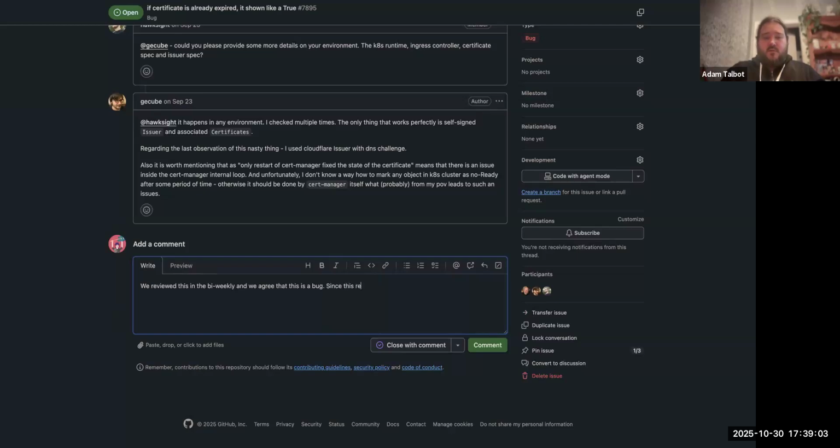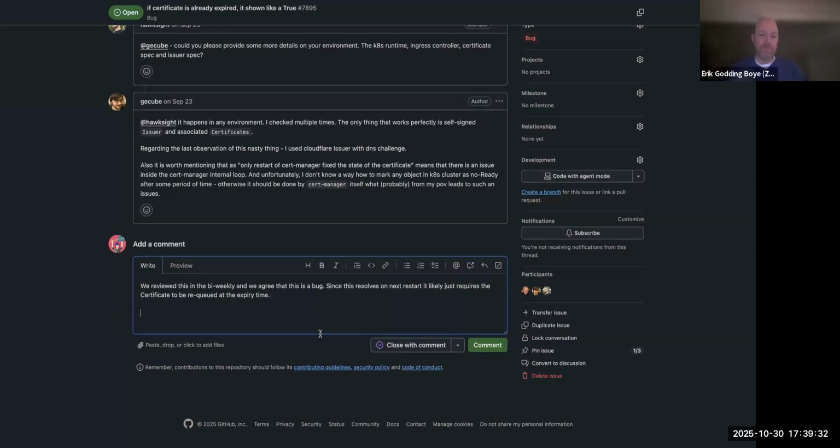Since this resolves on next restart, it's likely just require the certificate to be reviewed. Expiry time. It's worth